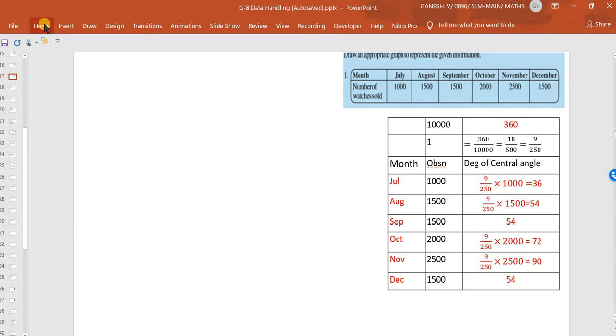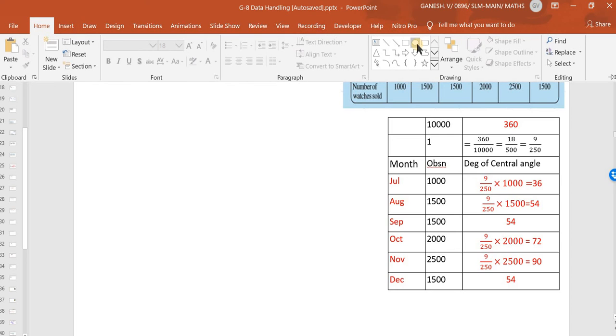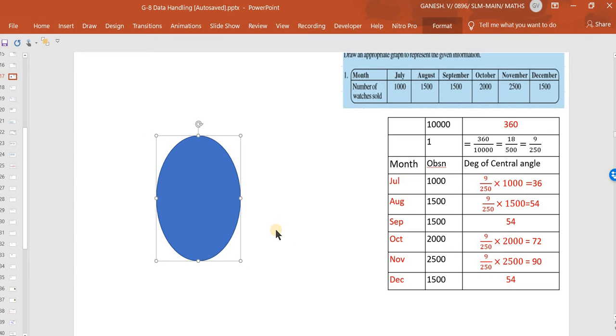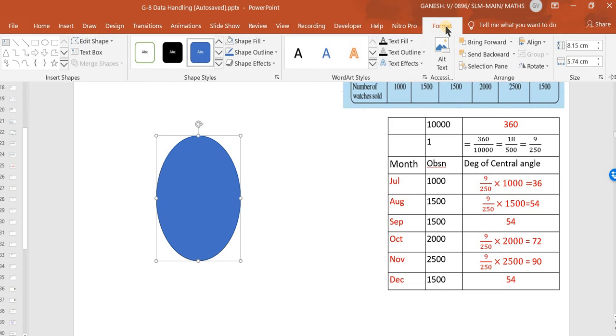So I am taking a circle first. For that I am using the oval object here. I have drawn an oval object here, but it is not a circle. I want to make it a circle. Circle means both the diameters, vertical diameter and the horizontal diameter, will be of equal length. So I am just going to format, since that picture is in selection mode. I see here the vertical height is 8.15. I am making it 8 centimeter, and the horizontal diameter is 5.74, which I am making 8.